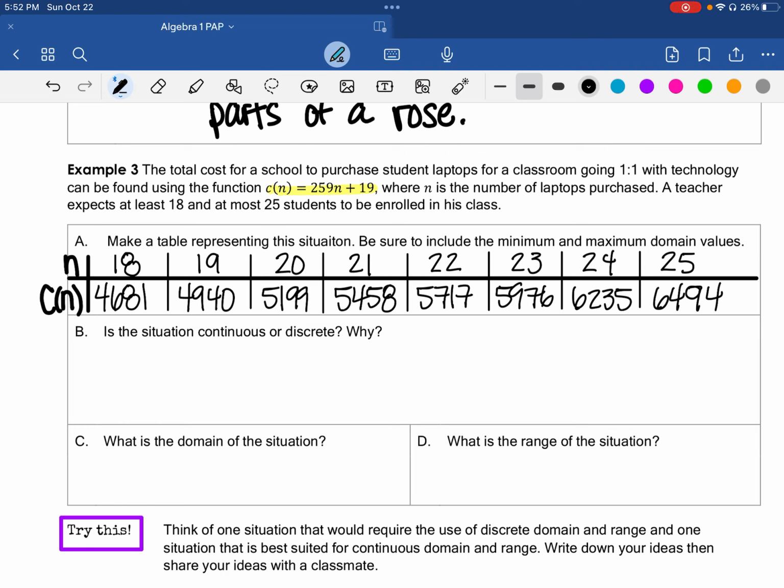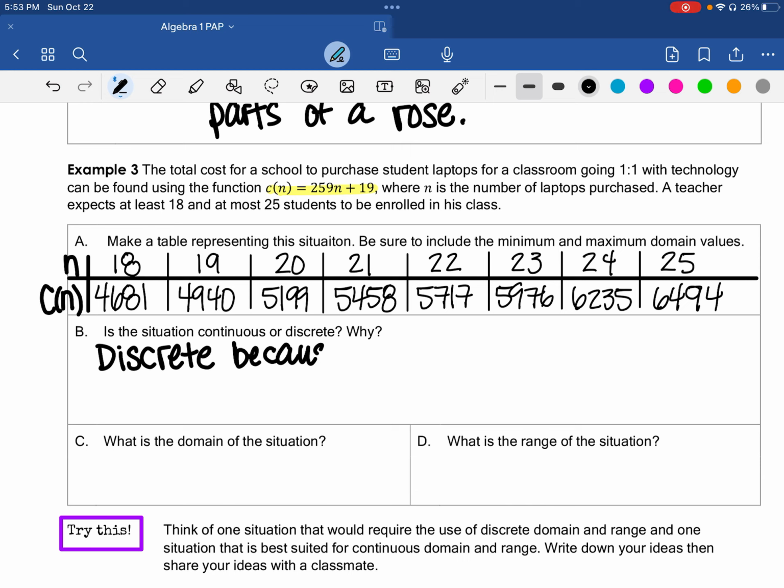Okay. Is the situation continuous or discrete? Now remember, you're looking at your x values, because that's what you are focusing on. That's your product, like the flowers, like the hours that Fatima worked. So in this case, we're looking at N, the number of laptops. Can you purchase part of a laptop or can you purchase only a full laptop? Well, this is a discrete situation